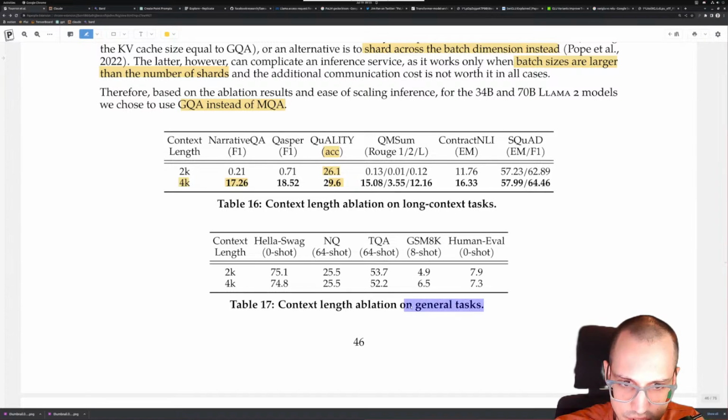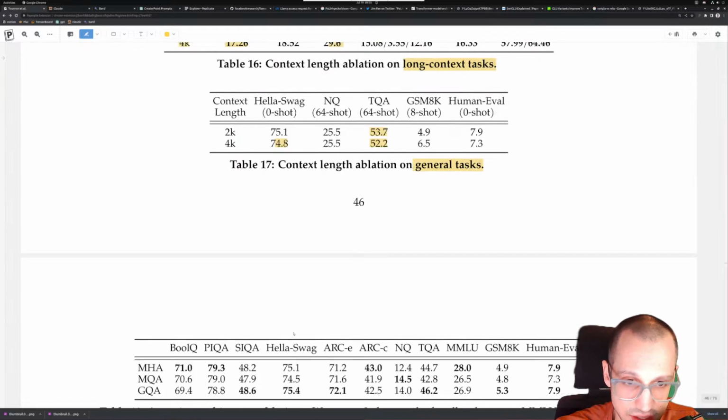So this is kind of interesting. This is general tasks, and this is long context tasks. Obviously with long context length, you're going to see an improvement. But on general tasks, the context length does not matter. You see here how, if anything, it even makes it worse in some instances. A shorter context length actually makes it better at this TQA, which is a small context task, I